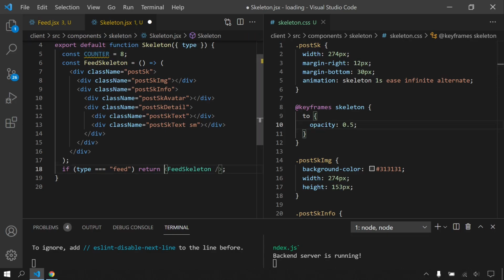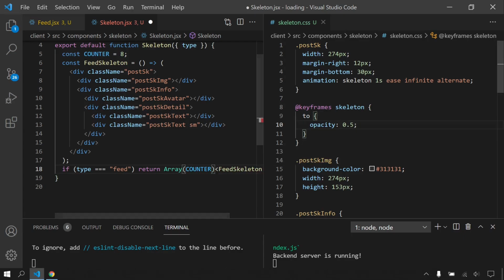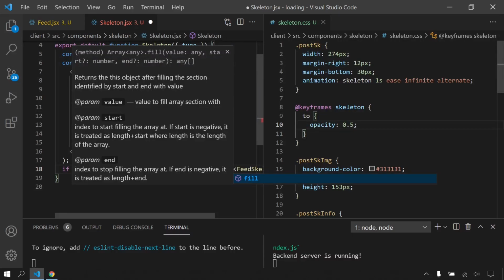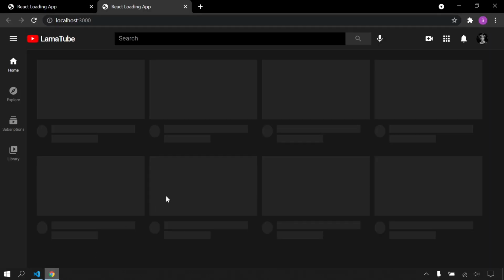So how I'm gonna do this, I will say array and my counter here, and if I say fill, let's close here and see better, and I'm gonna cover my component. So this method means write this component this counter times. It's gonna take this as an array and fill with this component. Let's see. As you can see, there are 8 components.